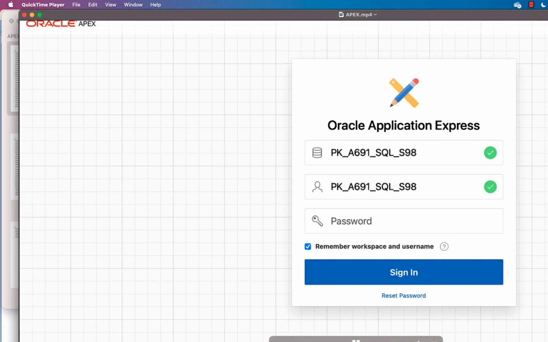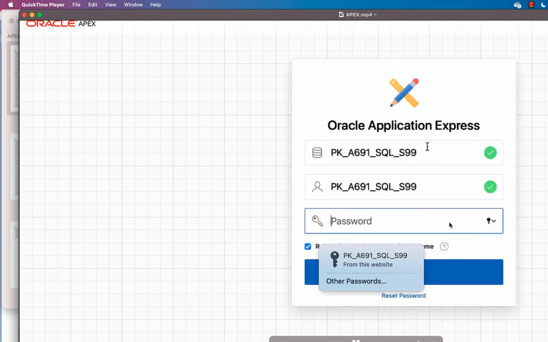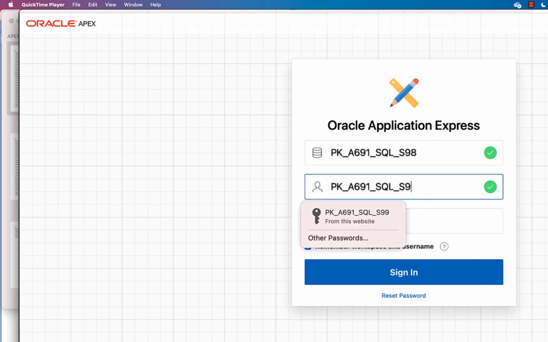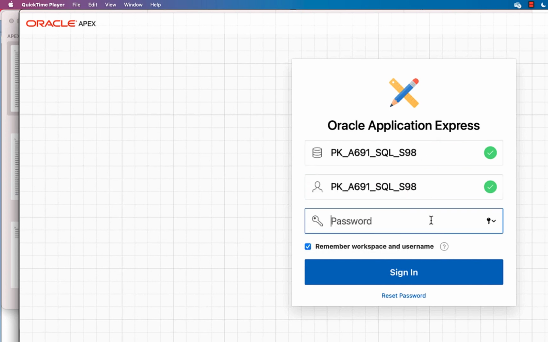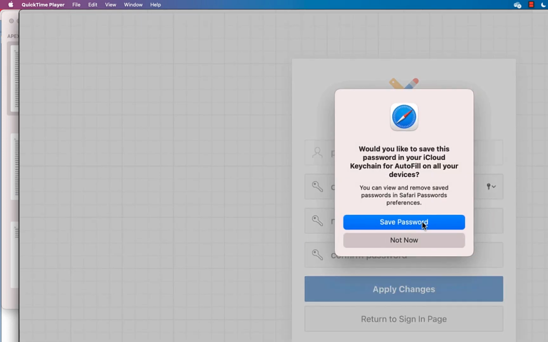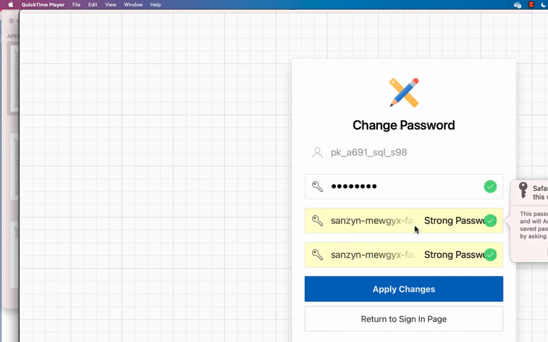You have to enter that common password one time. Okay, I was testing with a few accounts, so just sign in. You have to change your current password, which is common for this one, then you can set your new password. That's fine.